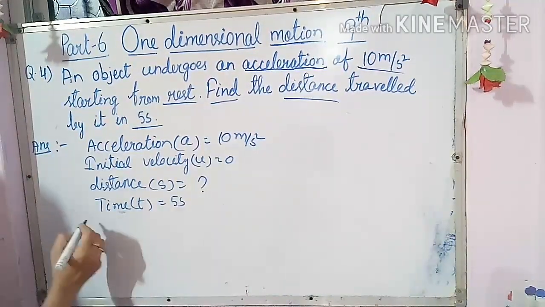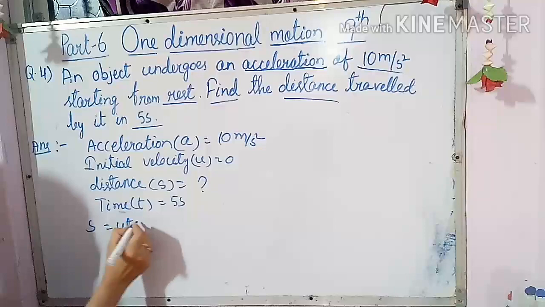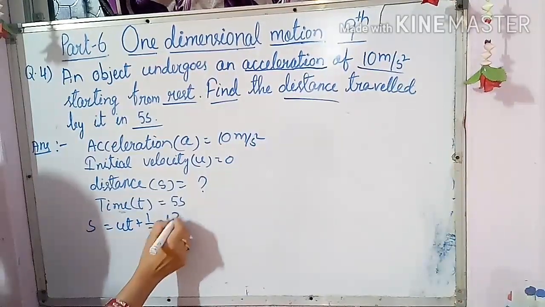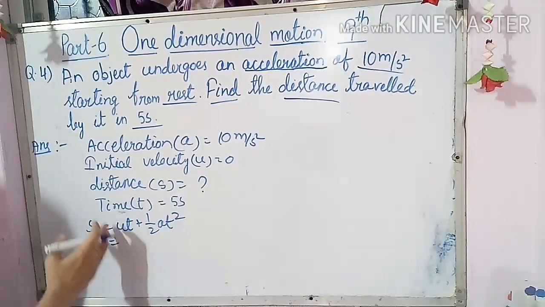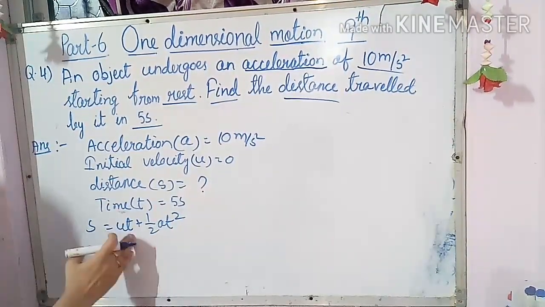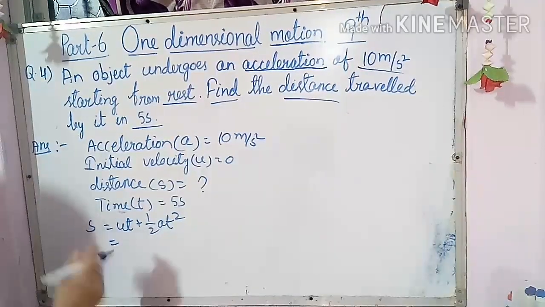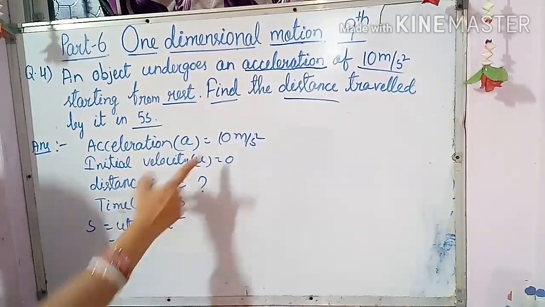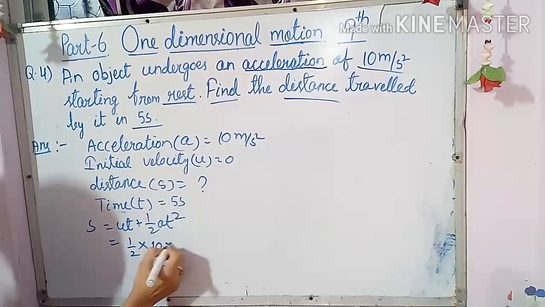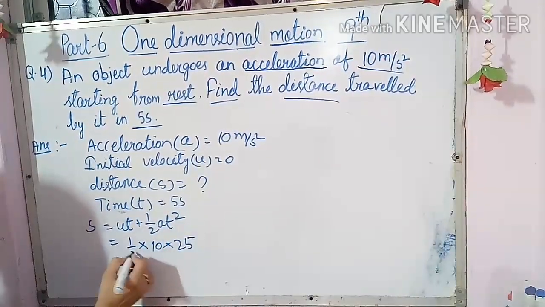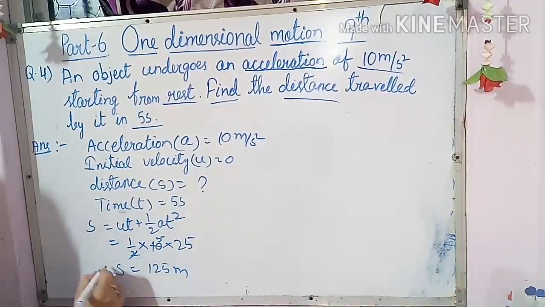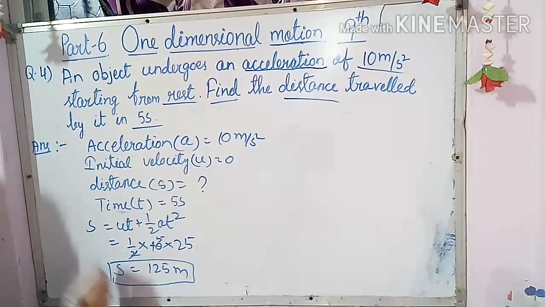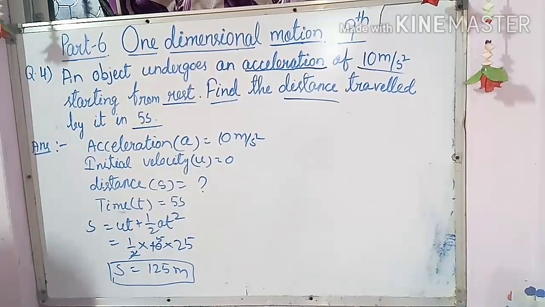Now let's go to that equation also. S equal to ut plus half at square. So ut, you got 0. As I have told that anything multiplied by 0 is 0. So this portion you got 0. Only half at square, means half into a you got 10. T square means it is 25. Now you can do 2 5s. So you will get directly 125 meter. So children, now see, it is a very easy question and you got the final answer, distance equal to 125 meter. Now we do it in your note. Now go to the next question.